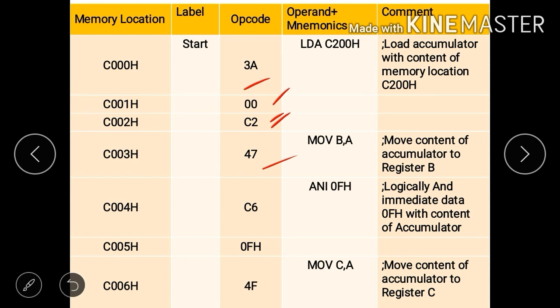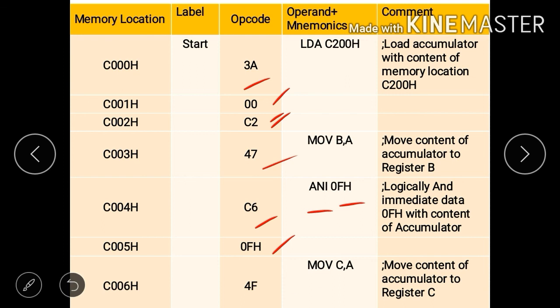Next is ANI 0FH. Logically AND immediate data 0FH with the content of the accumulator. In this, 1 byte is for the instruction and 1 byte for data. So in the first memory location we will write the opcode for the instruction, and then we will write the 8-bit data in the next location.